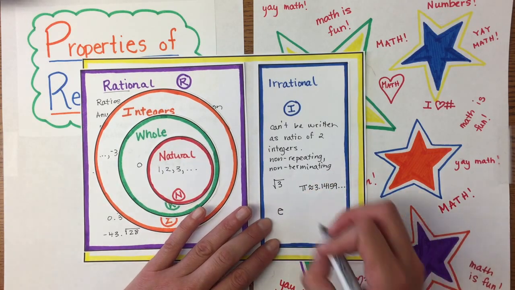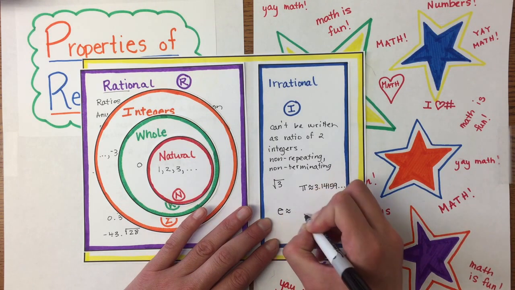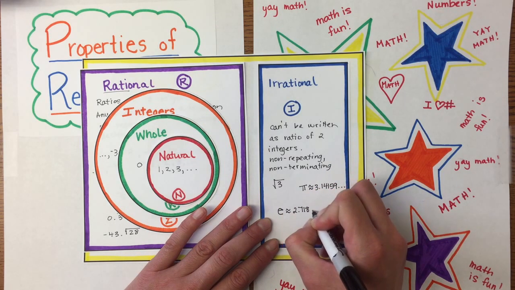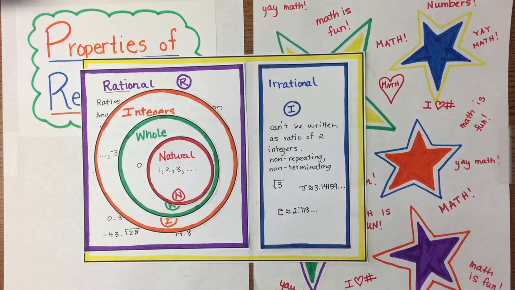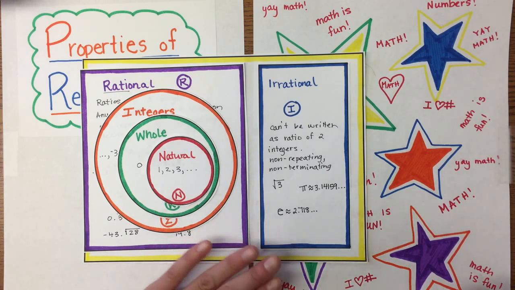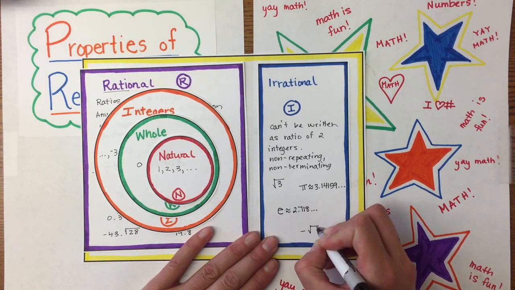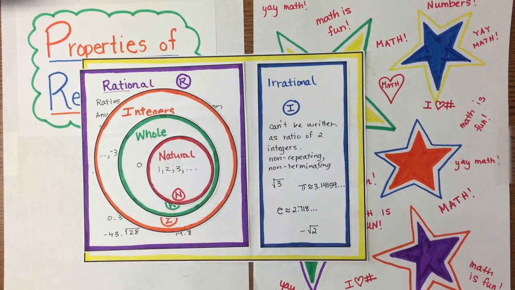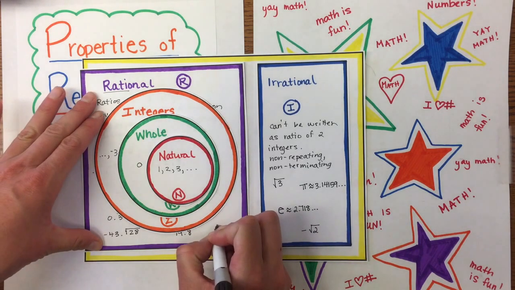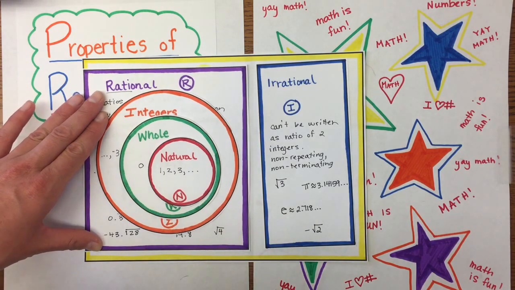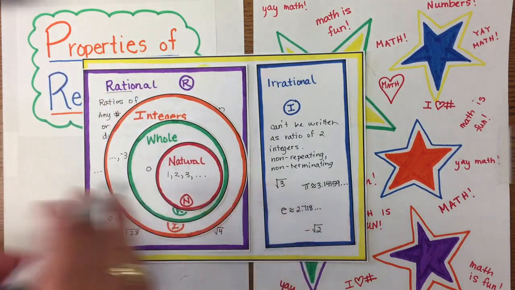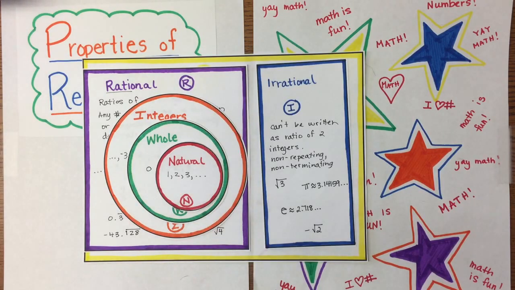E is another irrational number that we'll see in Algebra 2. It's 2.718, and it continues. So these are just some examples of irrational numbers. They can be positive or negative. Negative square root of 2 would fall into irrational numbers. But I do want to point out that the square root of 4 would be a rational number, so it would appear over there. So this is our set of real numbers, and in our next video, we'll look at